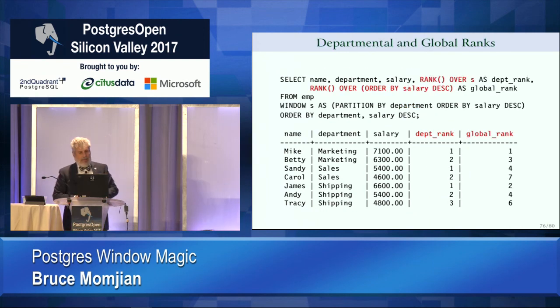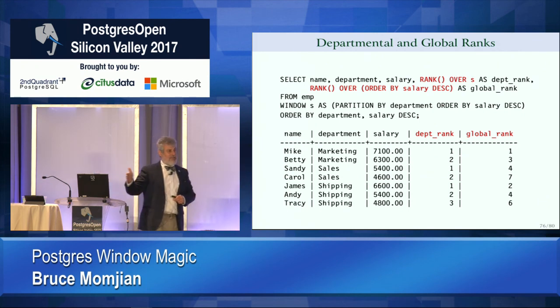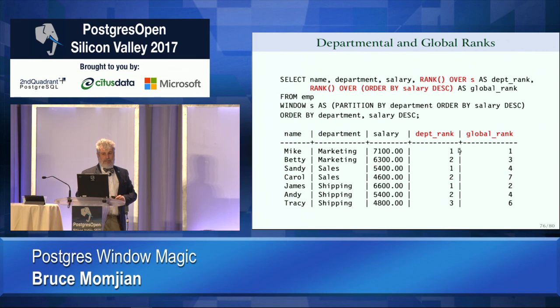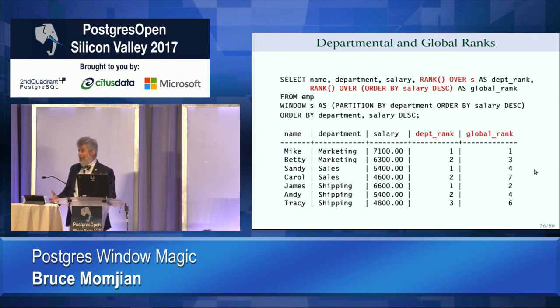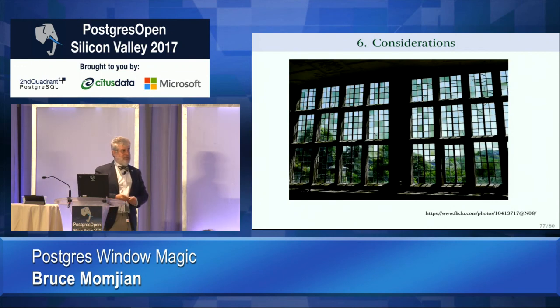Okay? I can even get crazier. I can get in column 4 the rank of these people within the department, and in the last column I get the rank within the entire company. So column 4 is using a partition that column 5 is not using. Right? Here, 1, 2, 1, 2, 1, 2, 3 within their departments, and this is their rank within the whole company. See, it's really powerful. Once you get it, it actually has a lot of use to it. Any questions?